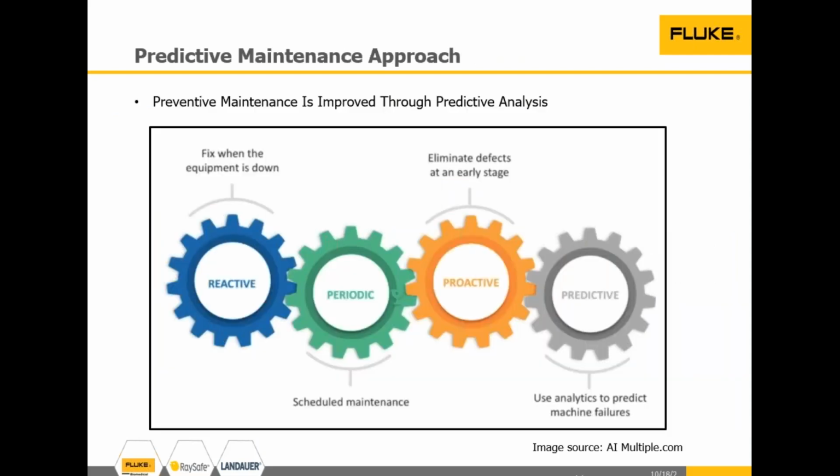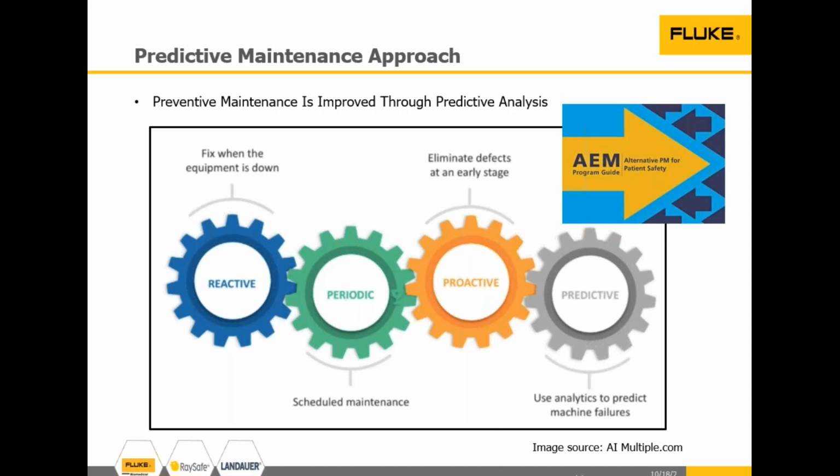All right, so it's another slide that talks about the stages from reactive all the way to predictive. And I know some of you are using AEM, alternative equipment management, right? In order to do that, you need to prove to Joint Commission that your historic data can allow you to do AEM. And in this case, with the data, predictive maintenance can prove to Joint Commission that, hey, I can run the AEM. So that's all I have, and I'm on time, so I'm going to pass my presentation to Justin Ross